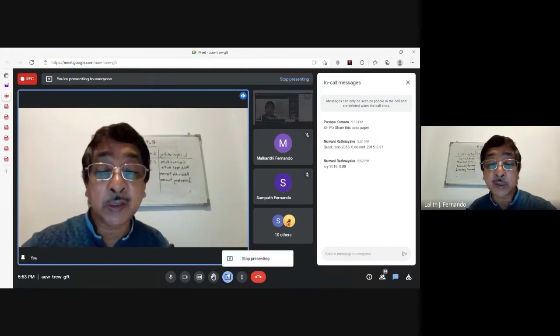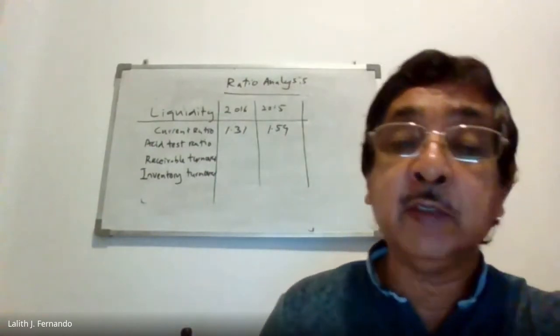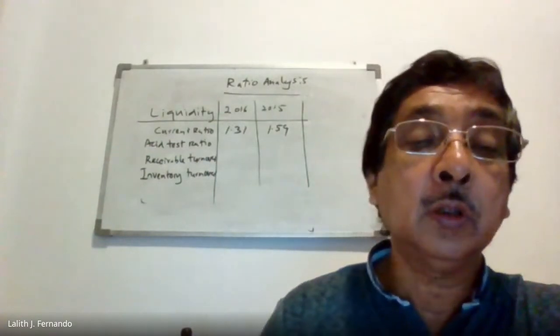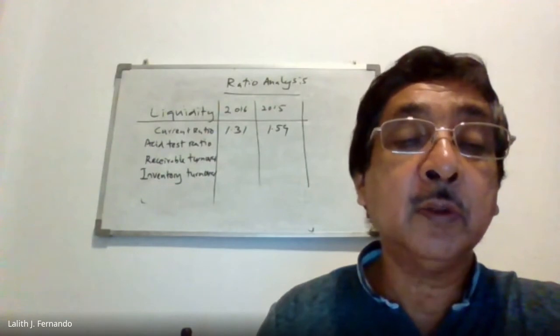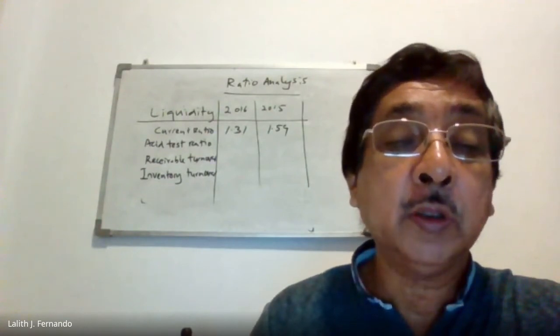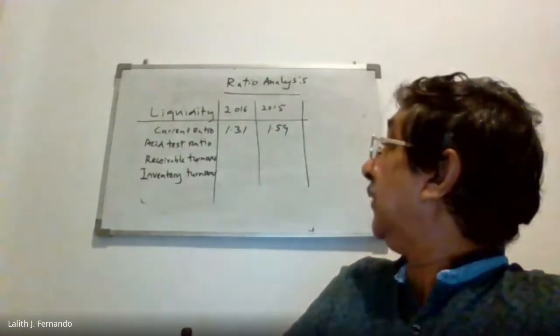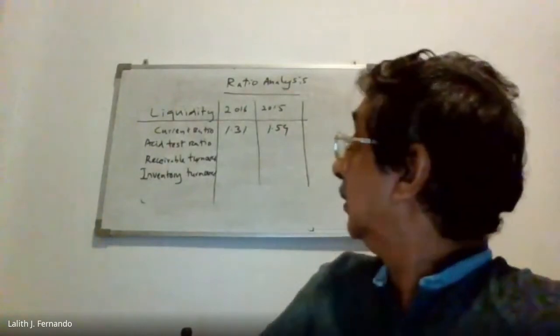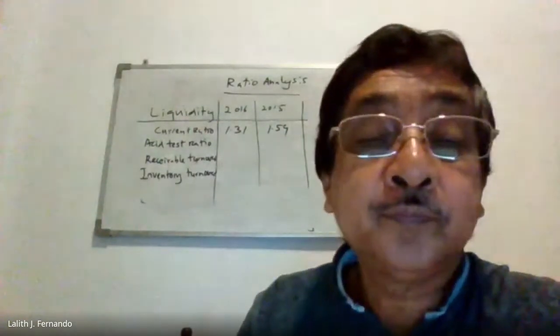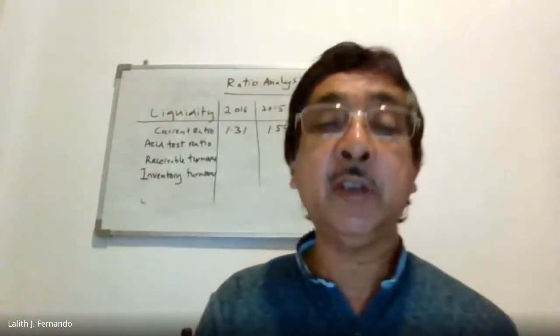Yes, Nuani, I think your calculation is correct. Now you just see, these are the figures for current ratio. In 2016 it is 1.31 and 2015 is 1.59. Current ratios, have you calculated? No. Anyway,